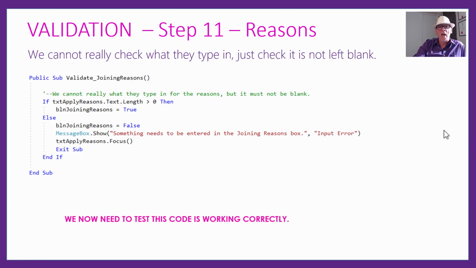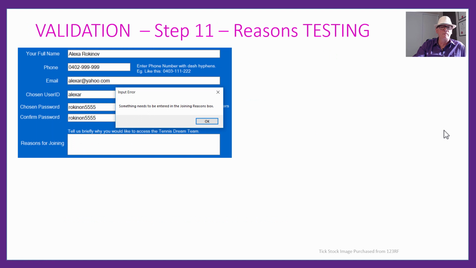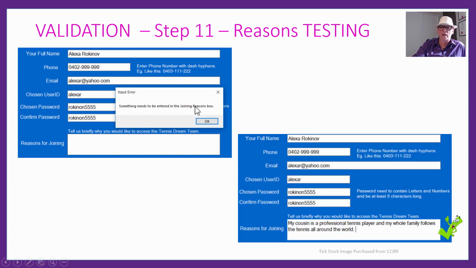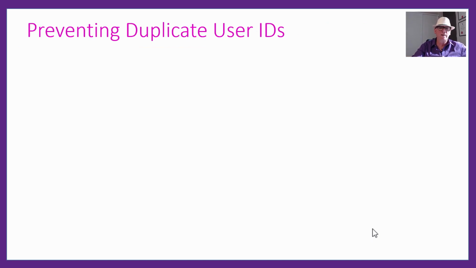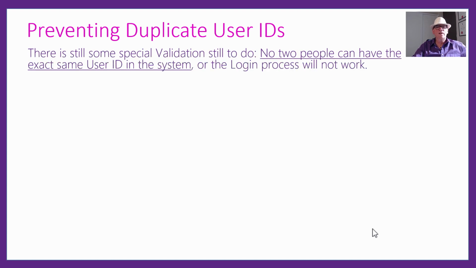We just want to check that it's not left blank, that they've typed something in there. So if they leave it blank, it's going to say something needs to be entered in the joining reasons, and once they put something in, that'll be good. And in the next lesson, the system administrator will be reading that and deciding whether they can join up or not. Now, we also need to do one more additional thing,